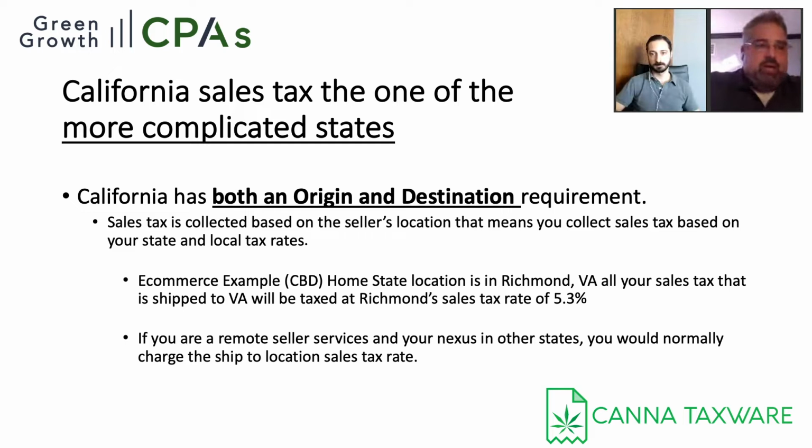So to that degree, we go into California's case and what's going on there. What California requires is both origin and destination based. And what that means in California's case, and we'll have the PowerPoint attached at a later time, is that when you have a sale, and let's just say